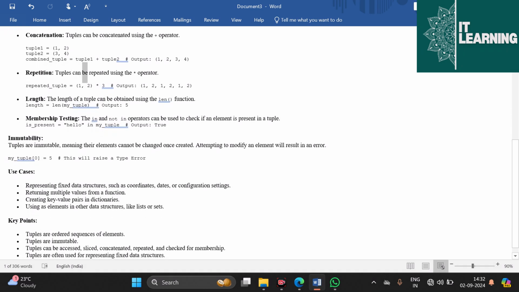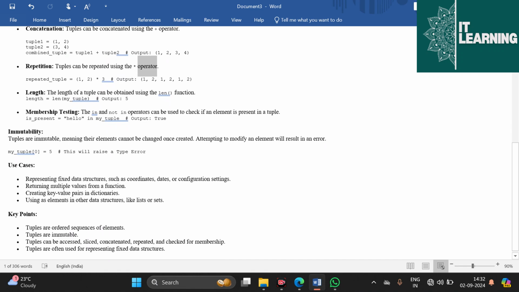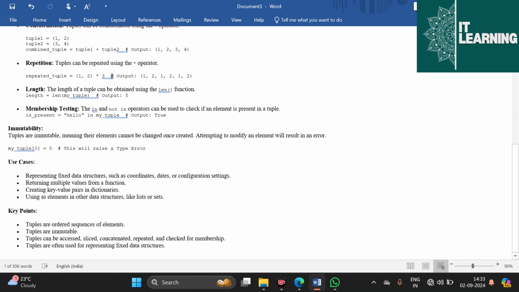Repetition. Tuples can be repeated using the asterisk operator. repeated_tuple = (1, 2) * 3 # output: (1, 2, 1, 2, 1, 2). Length. The length of a tuple can be obtained using the len function. length = len(my_tuple) # output: 5